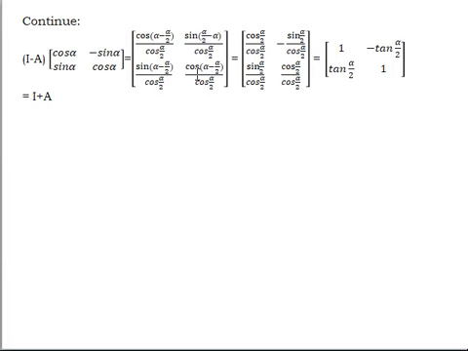Again here, alpha minus alpha by 2 is sin alpha by 2, and this denominator is the same, cos alpha by 2, and cos alpha by 2 upon cos alpha by 2. So this is cancelled, and here we get 1, here we get tan alpha by 2, here we get tan alpha by 2, and here we get 1. So that is equal to the LHS. The LHS is I plus A, which we had to show.